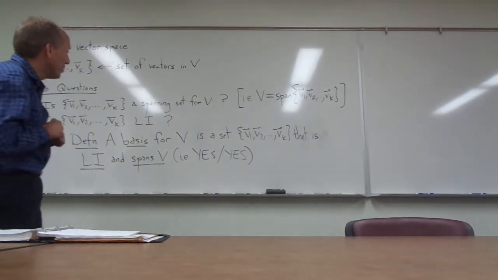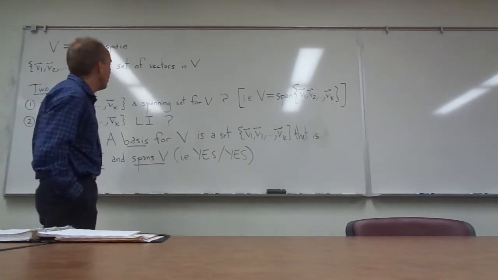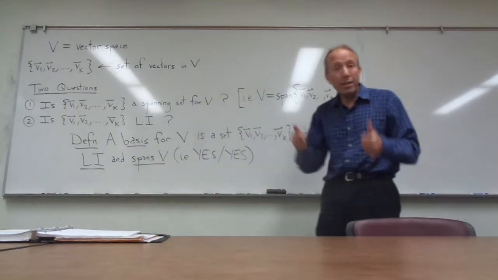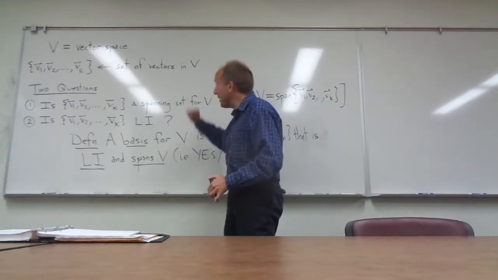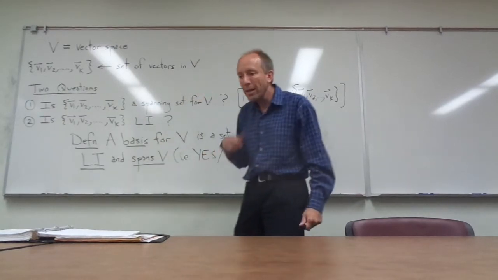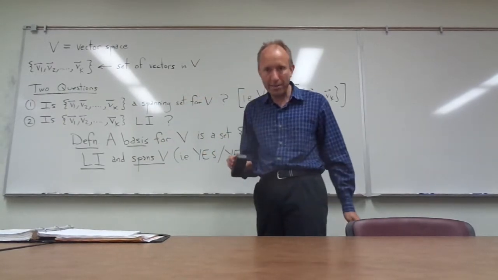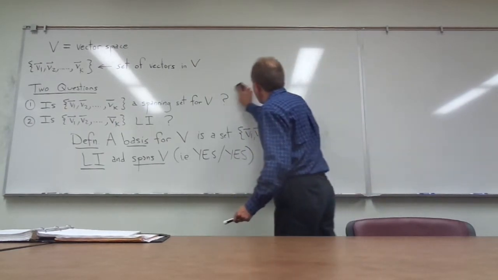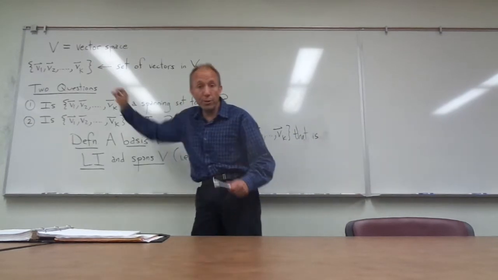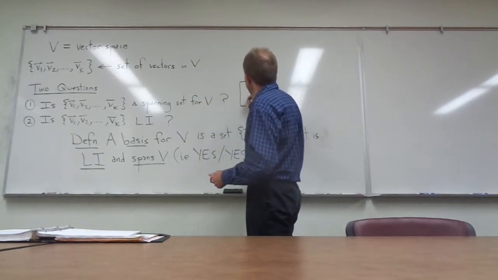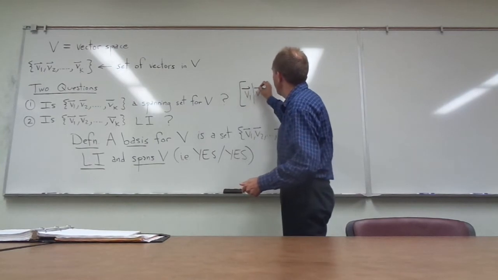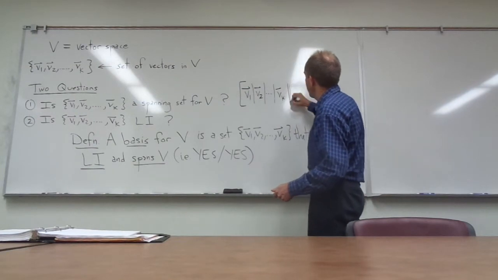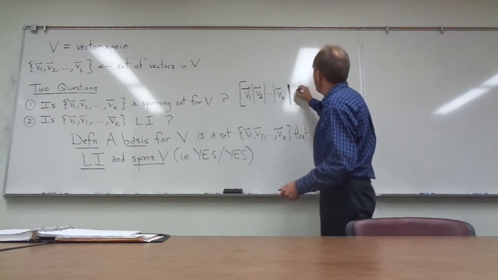These are very important questions that we want to try to answer. And if both of them turn out in the affirmative, if we have a spanning set and it's also linearly independent, then it's what we are going to call a basis. Now, what we have recognized is that to answer the first question, from a practical and procedural point of view, I lay my vectors into the columns of a matrix. And I'm going to augment this matrix